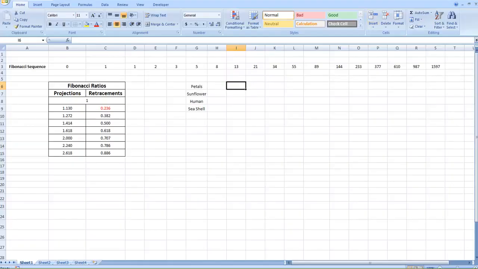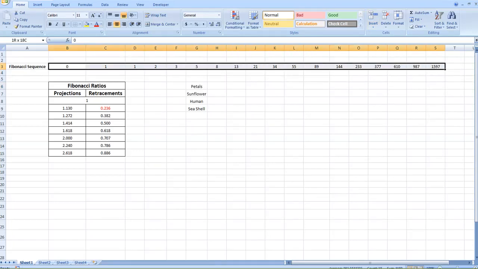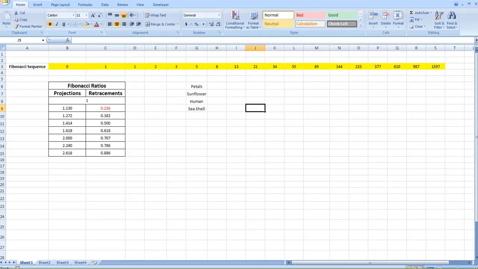So guys, this is the Excel sheet in which I have written this Fibonacci sequence. You can see this sequence clearly. Now, how do we get the next number? When we add the previous two numbers, we get the next number. 0 plus 1 is equal to 1. 1 plus 1 is equal to 2. 2 plus 1 is equal to 3. 3 plus 5 is equal to 8, and so on. It can go up to infinity.